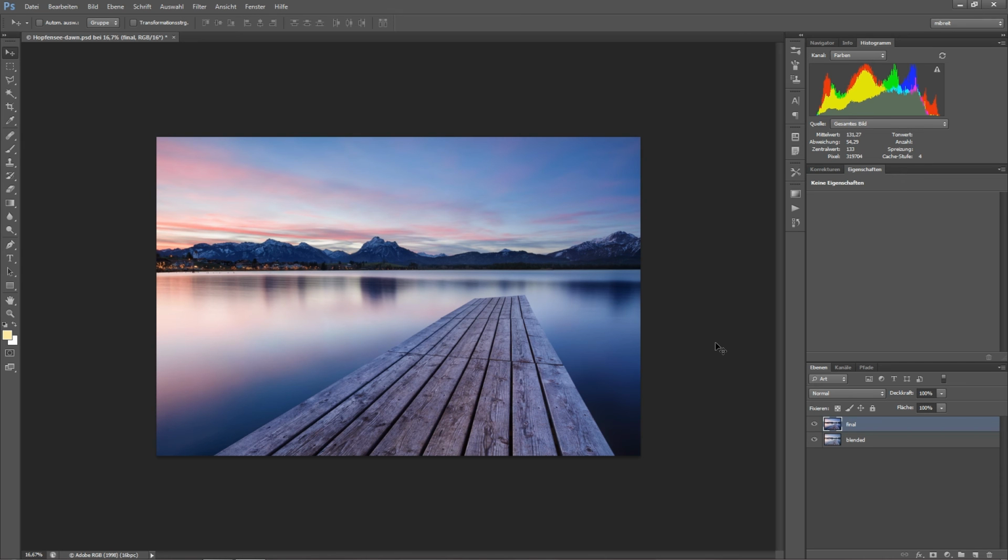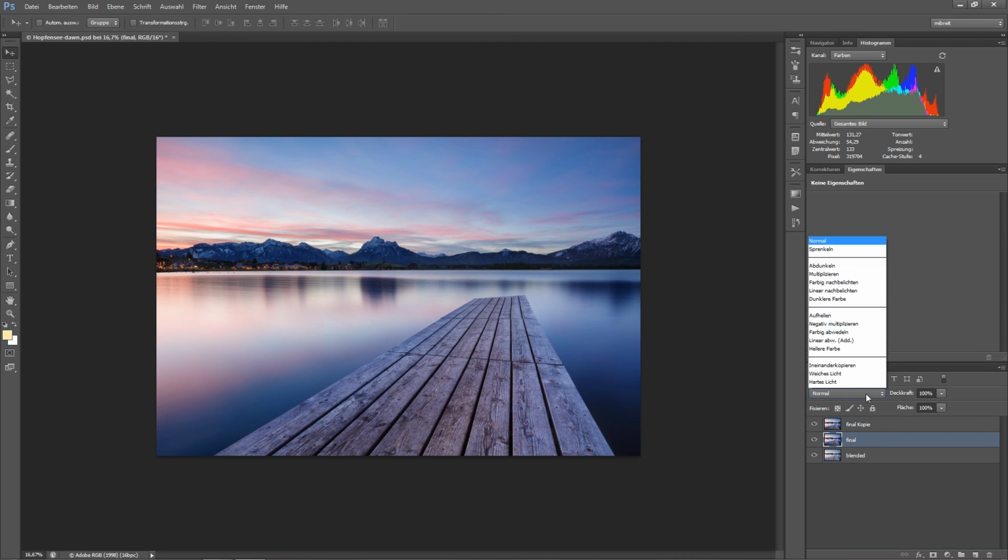If at some point in time I think, oh wow, maybe this is a bit too far, or I want to go further, then I can just either start with the final and put adjustment layers above, or if I want to go back a little bit more to the image I started with, I could just reduce the opacity of the final layer. Or if, for example, I like what I did to the color, but I think I went too far with the contrast, I just duplicate this final layer,